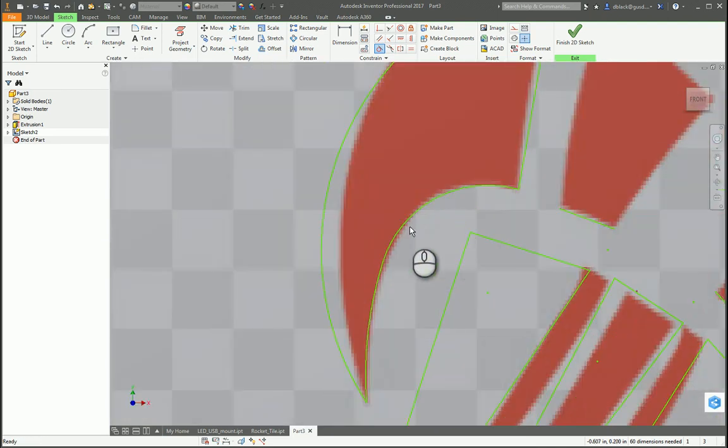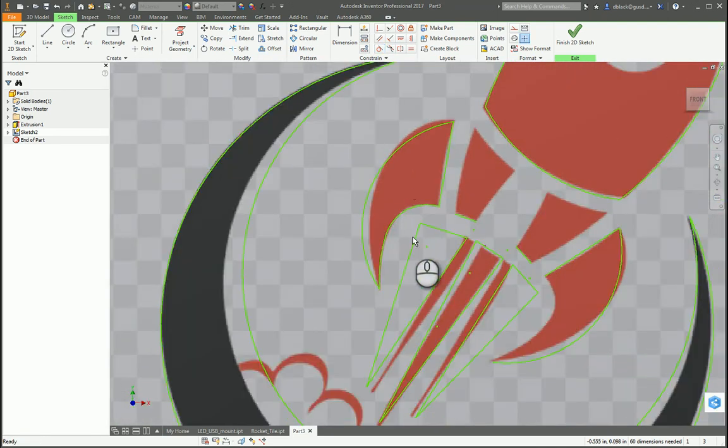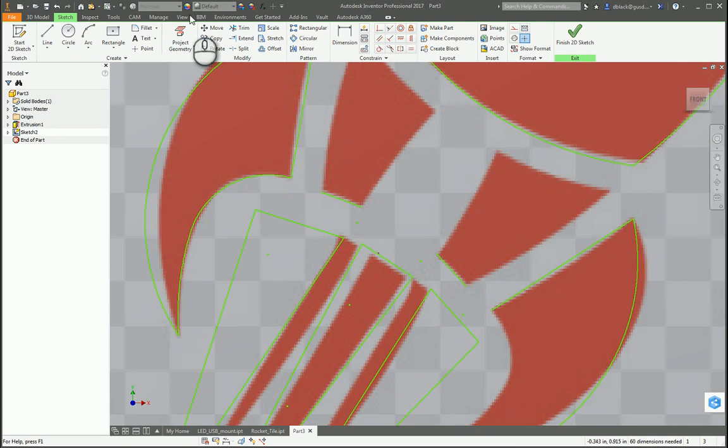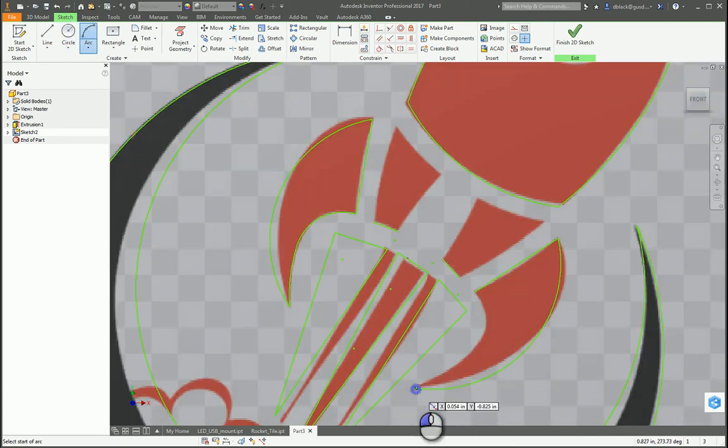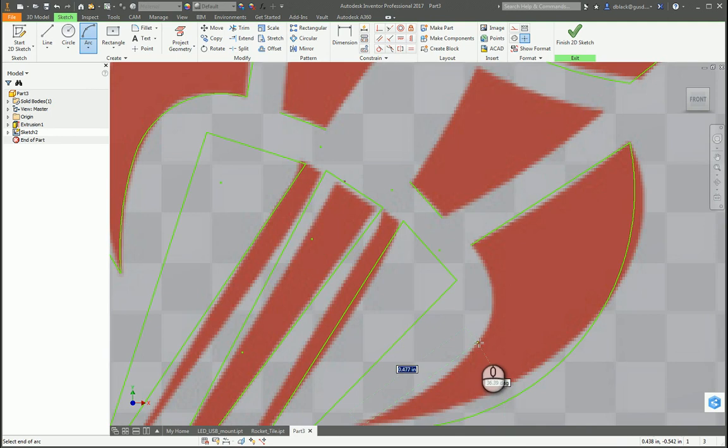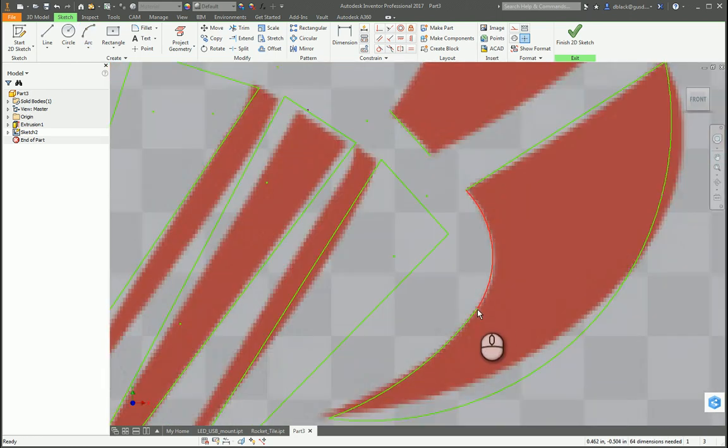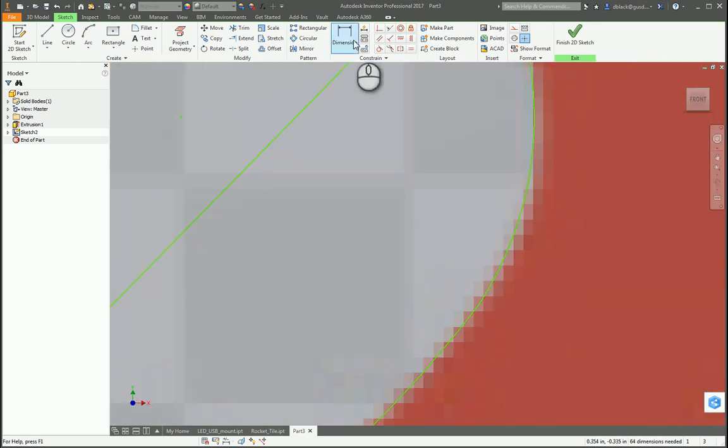Sometimes they may extend on you, and you have to look out for that and possibly trim your geometry as a result. Let's see what we can do for the other side. We'll start at the point and bring it to about here. It's where that arc ends. And I'll pick it up from there and take it out to the straight line and push it back. That's looking really good, almost tangent just from freehanding, but we can be sure of it if we want to